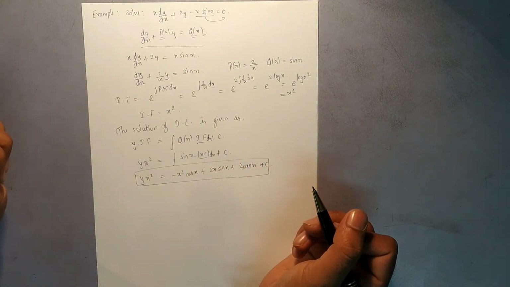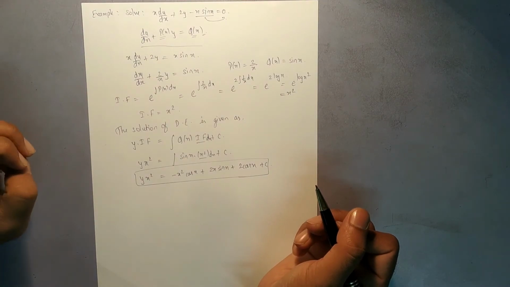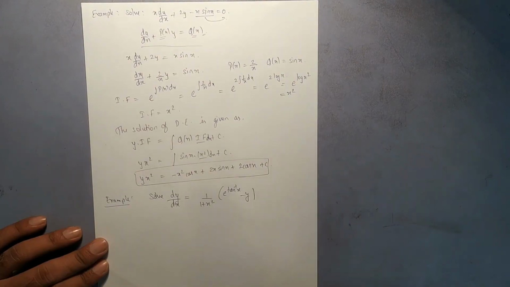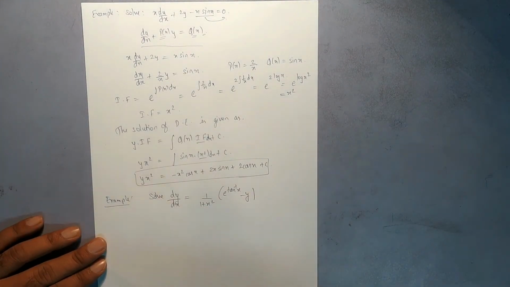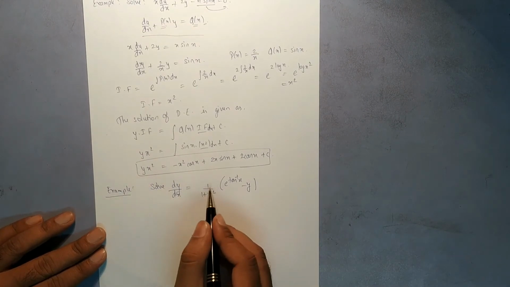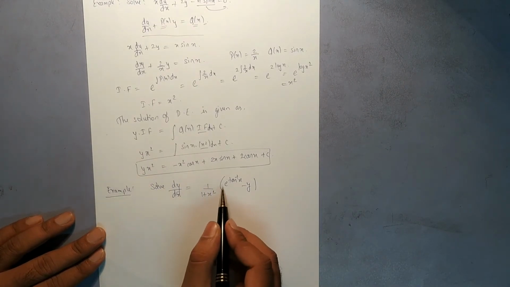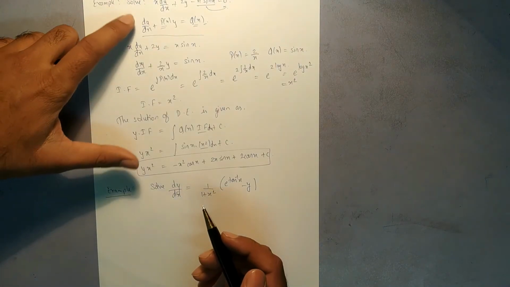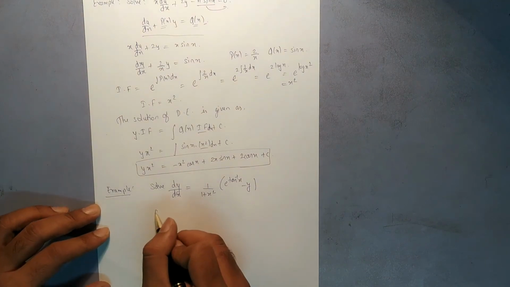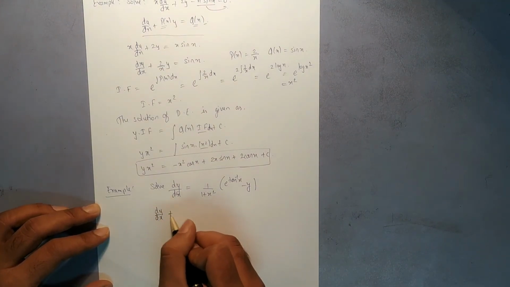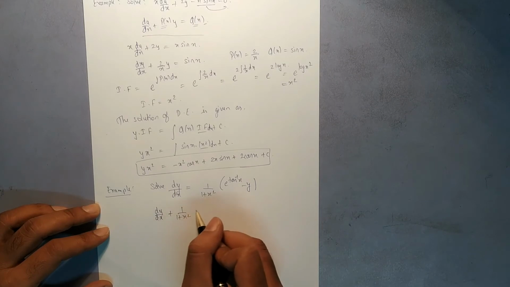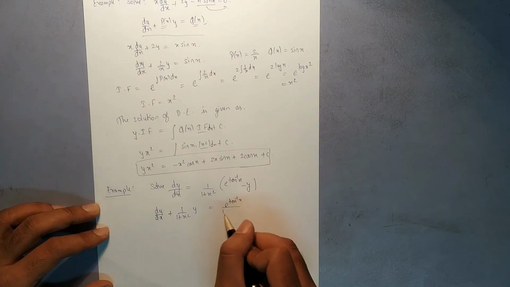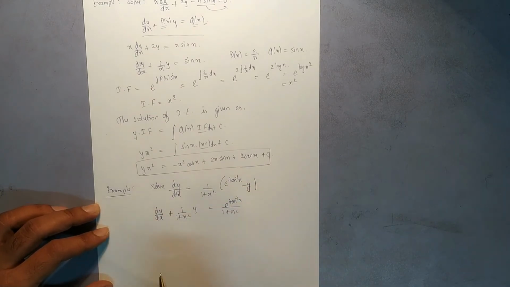We will solve some more examples to see how to solve linear differential equations. Consider the second example. dy by dx is equal to 1 upon x square e raised to tan inverse of x minus 1. So we will convert this equation into our required form. So dy by dx plus 1 upon 1 plus x square into y is equal to e raised to tan inverse of x upon 1 plus x square. We have taken this y to the other side.